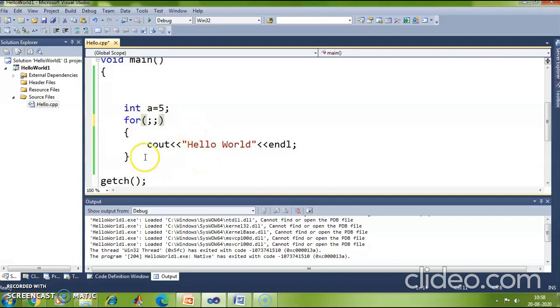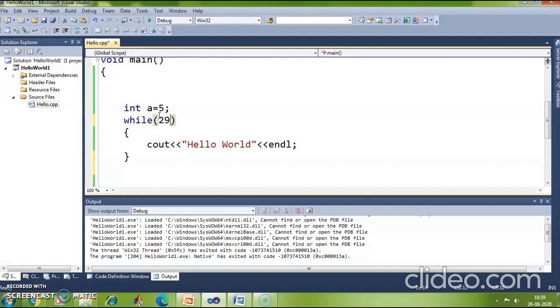Also, suppose I use a while loop instead of a for loop. If I mention a while loop and mention the condition to be always true, what would happen here? This loop would go into an infinite loop, right? Because the condition is always true. Suppose I mention a number over here, imagine I have mentioned the number 29.